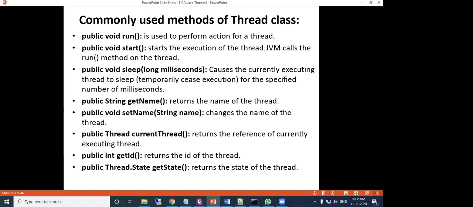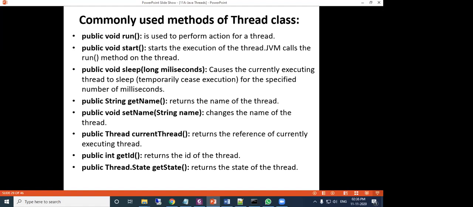The third one we have discussed is the sleep method. Sleep method is used to pause or temporarily hold a thread for a particular number of milliseconds. Then the getName method returns the name of the thread. Next, the setName method changes the name of the thread. By default, if you do not set it, it is named automatically, Thread-1, Thread-2, like this.